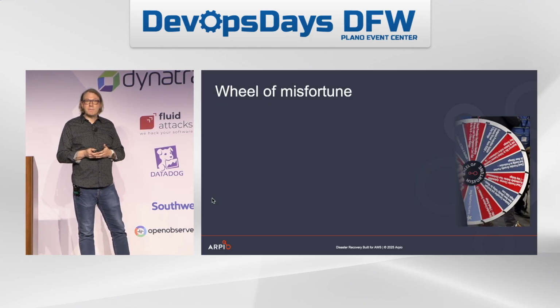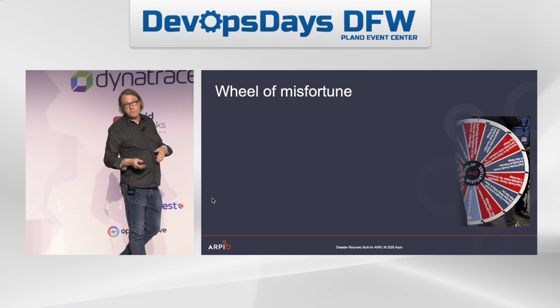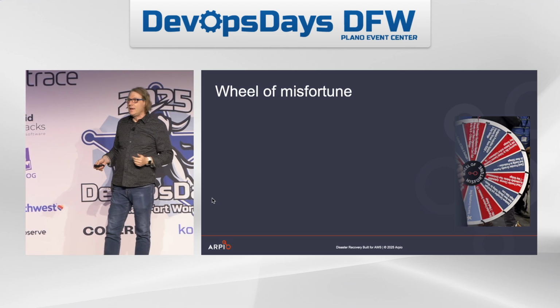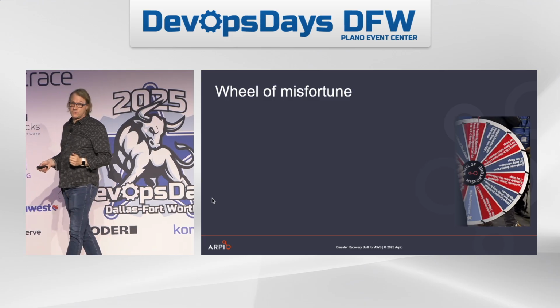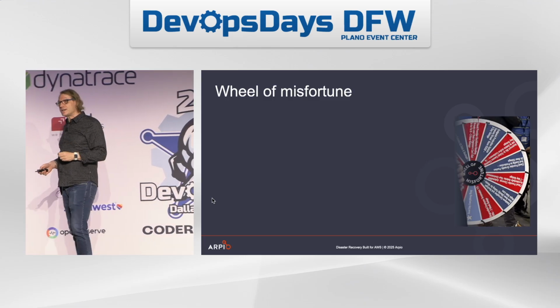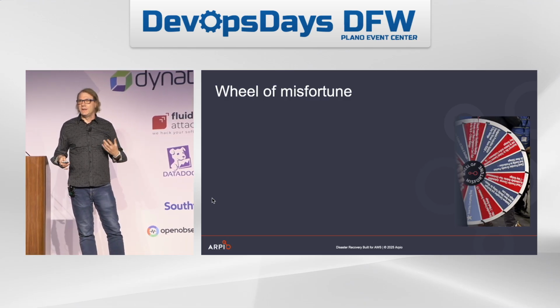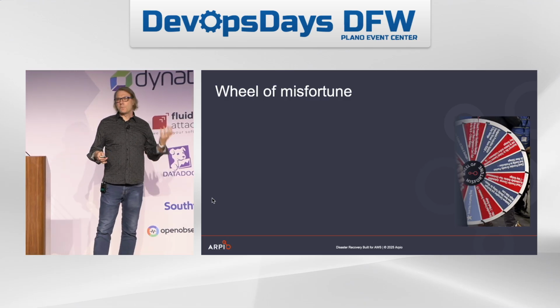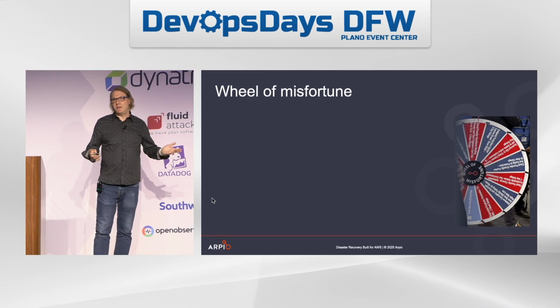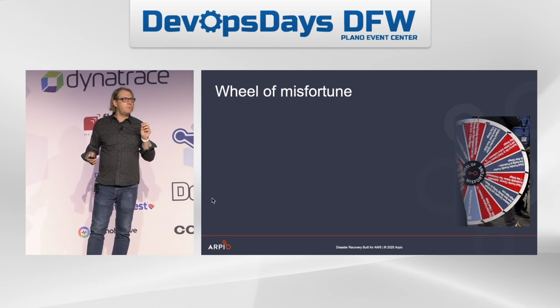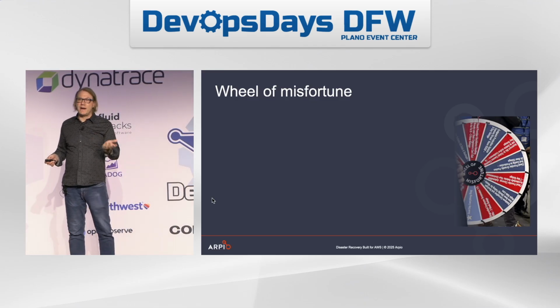And towards that end, my company, whenever we have a booth at like reInvent or a summit, and we're going to be at reInvent, so come by and say hi, and you can spin the wheel of misfortune. The wheel of misfortune consists of a bunch of actual disasters that have occurred in the real world that have taken down cloud providers and the people using them. And at the bottom there's one quiet day wedge. If you get the quiet day wedge, you'll get a gift certificate. So come by and spin the wheel.